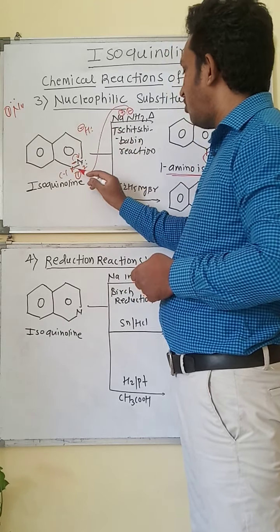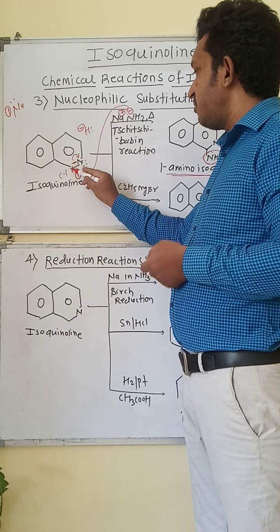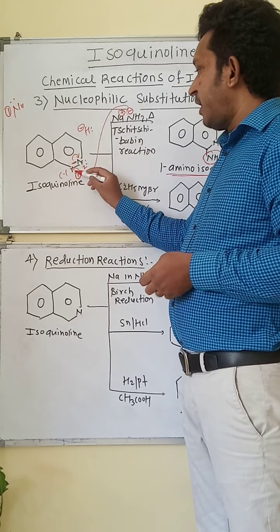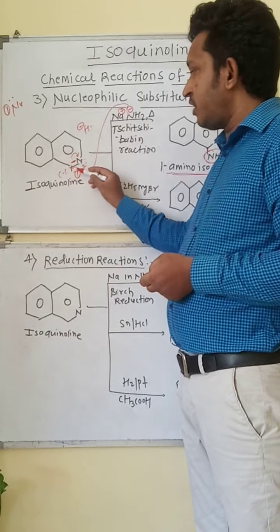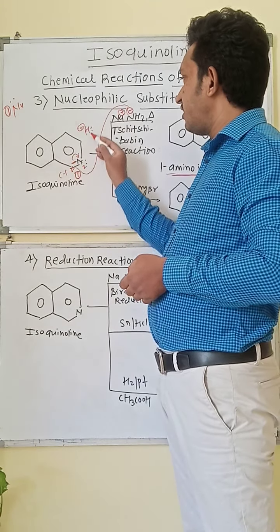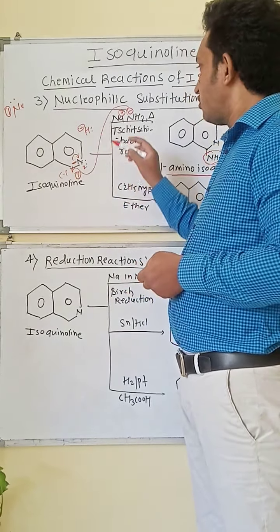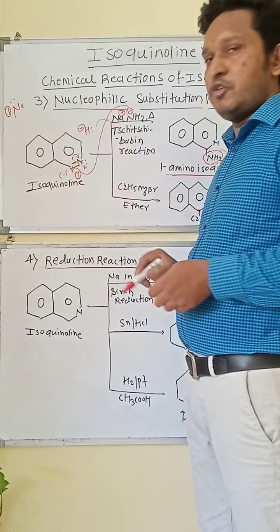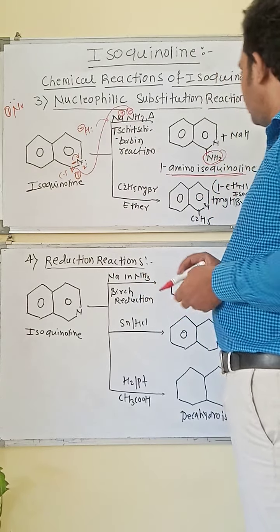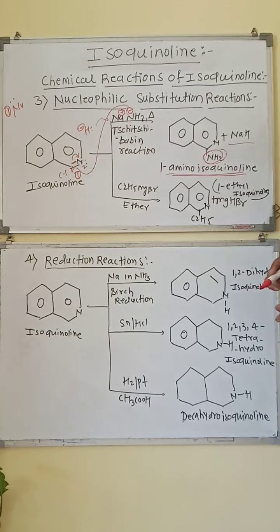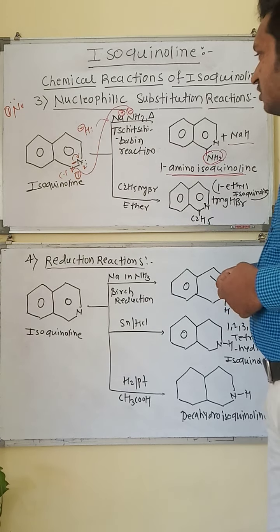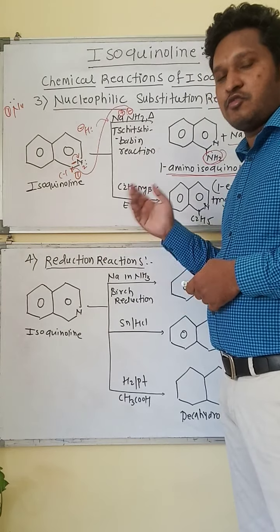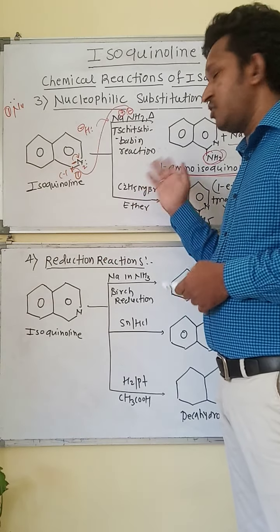The hydride ion is formed after the replacement of the hydrogen by the amino group on the 1st number carbon atom of the isoquinoline. This hydride ion contains a lone pair of electrons and negative charge, so it will be attracted toward the positive, electron deficient sodium. So in this way we get NaH, sodium hydride. Okay, so this is the first reaction, the reaction with sodamide, also called amination, or the Chichibabin reaction.